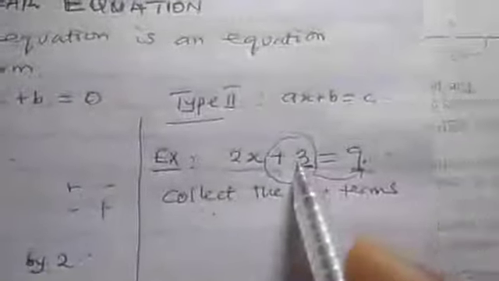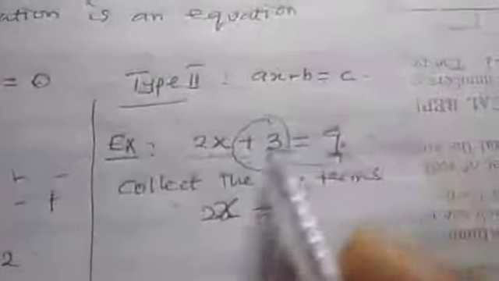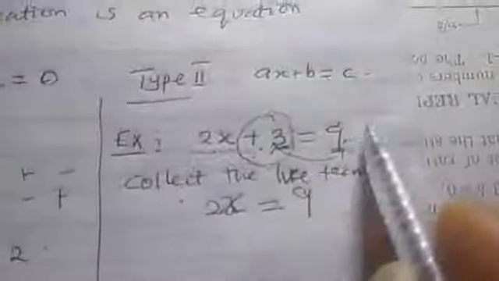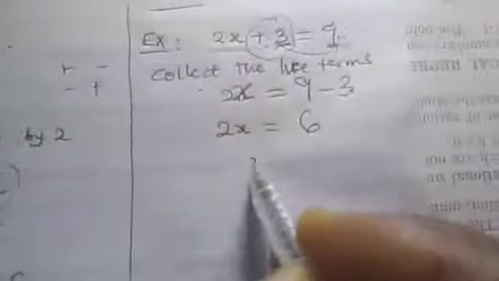So in this case, let us take this away. If I take this away, I will have 2x left there. So this 9 is there, and I'm taking this one to 9. Since I'm taking it across, the sign will change. We had plus before, it will turn to minus, so that we have 2x = 6. So it now leads to type 1. So what's our x here? x will just be 6 divided by 2, which is 3.